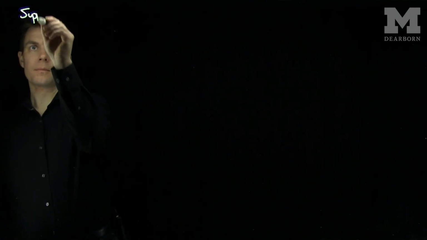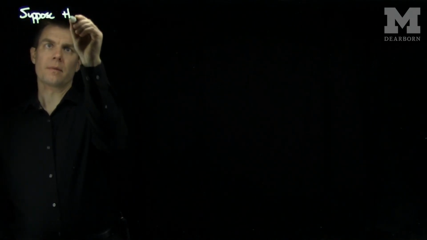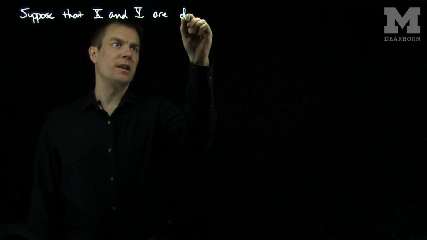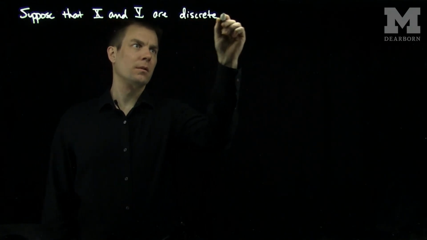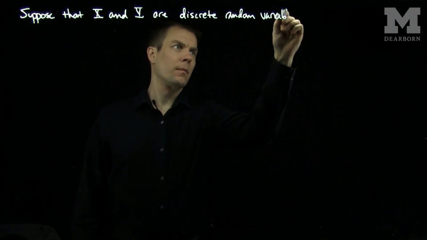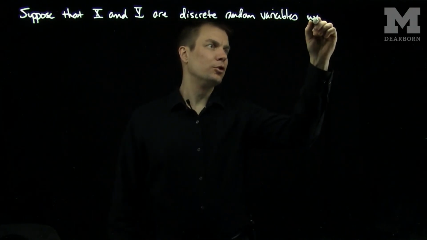Hello students, in this video we'll see an example of how to use the joint probability distribution function of two discrete random variables to compute certain probabilities. Let's suppose that X and Y are discrete random variables with joint PDF